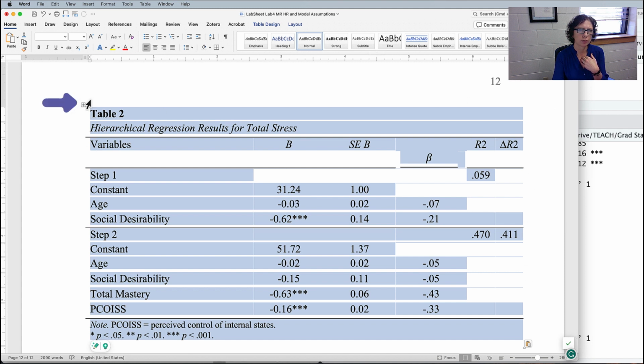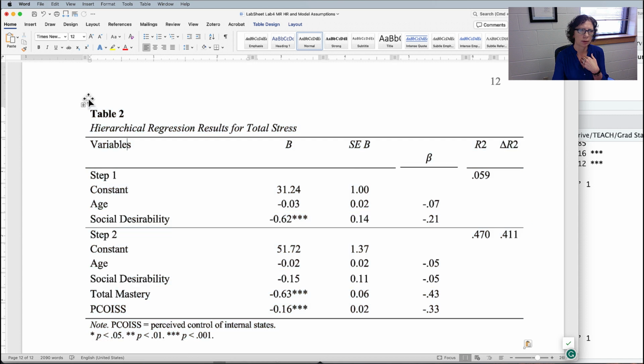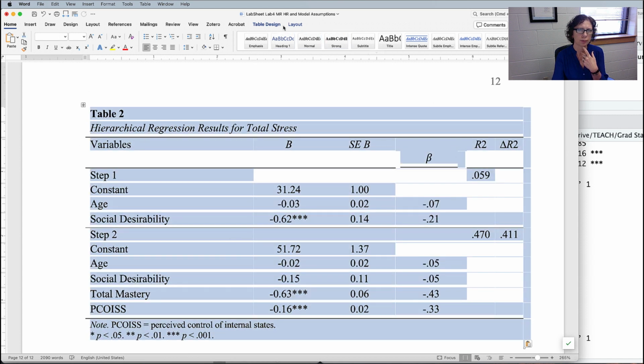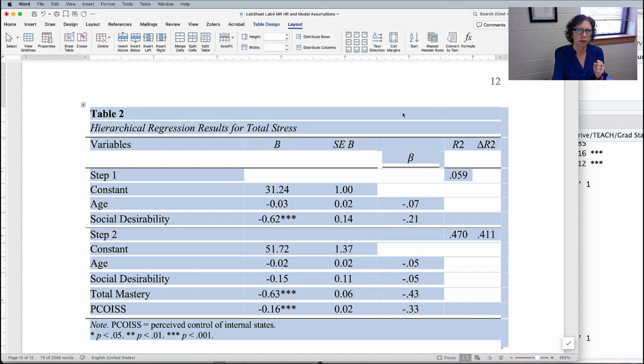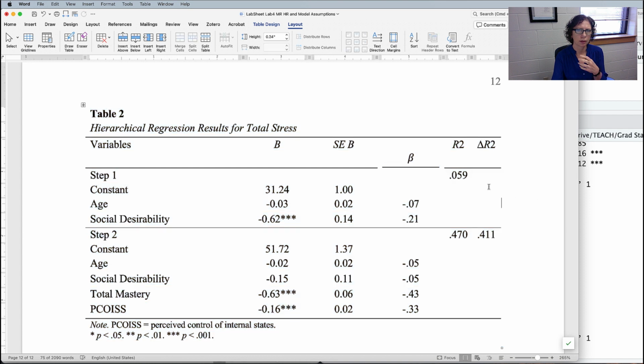So I selected the whole table by selecting that little hashtag box in the top corner of the table. You just sneak up on it and select it, and it selects the whole table. In layout, I'm going to go to auto fit window, and that brings it into the margins. This beta being here is problematic. So I'm going to try copying the beta. So I did Command C for copy, and it's in its own little table here, that little table symbol. So I'm going to delete that little table,